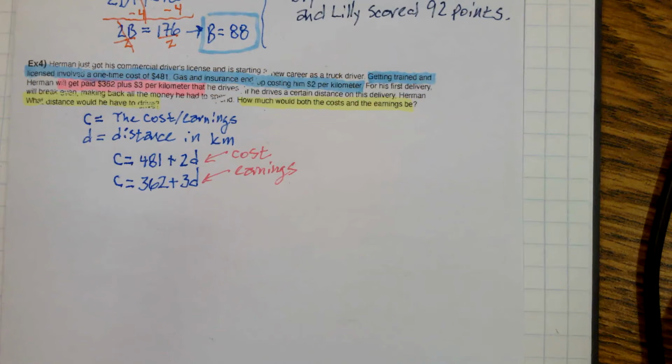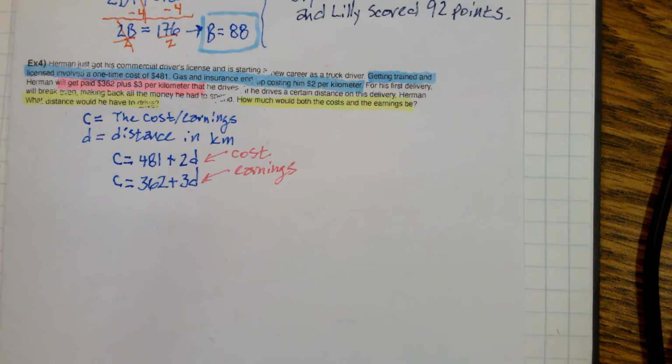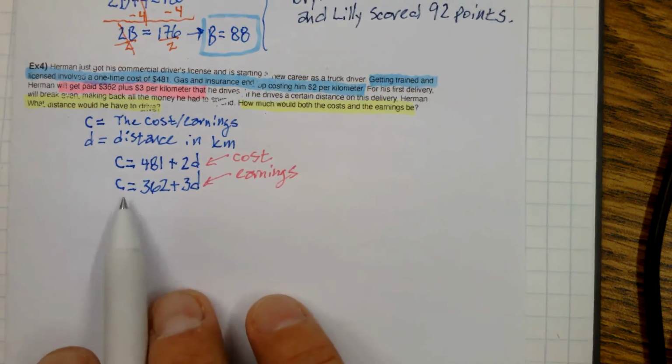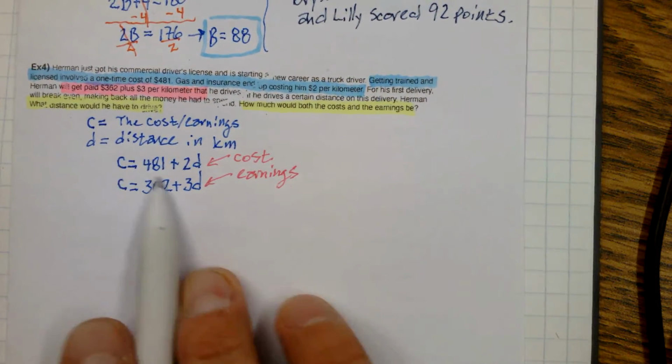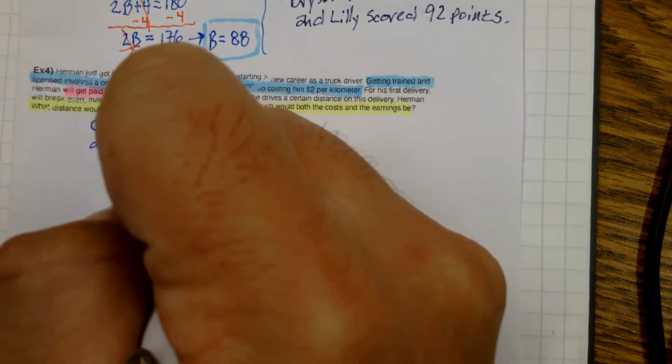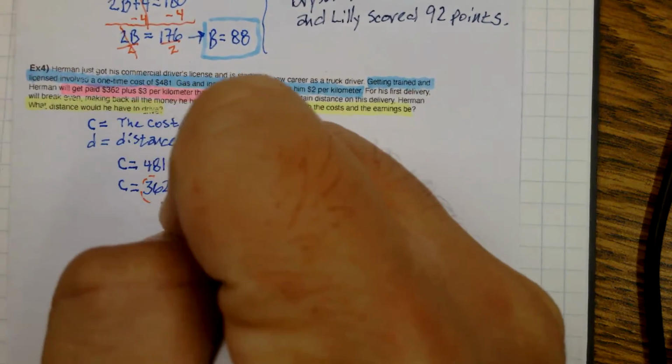Okay, so there's our two equations, one for the cost, one for the earnings. We want to know where they break even, where they are the same. So when things are the same, we say they're equal, right? So this is basically a substitution problem. Since you have C equals and C equals, all you really have to do is pick one of them, like say I pick this second one,